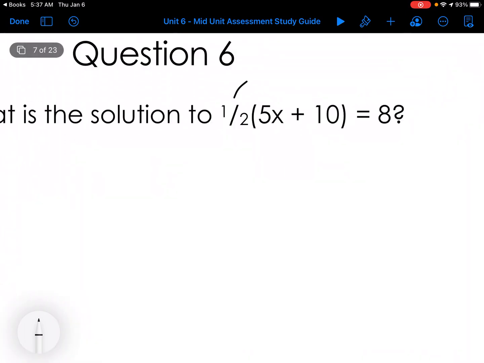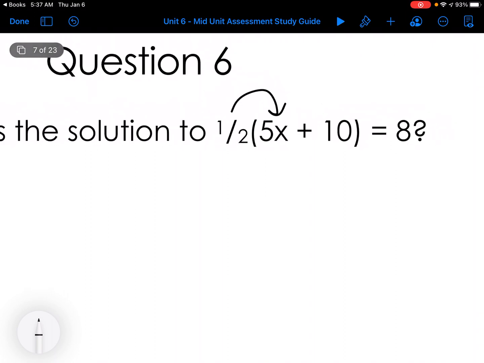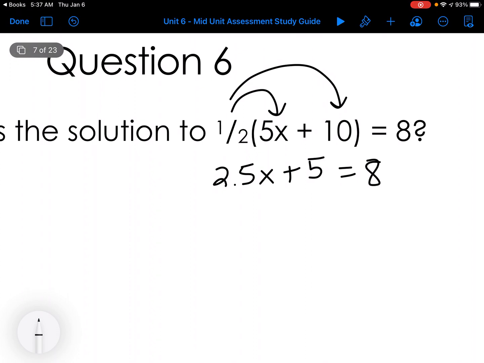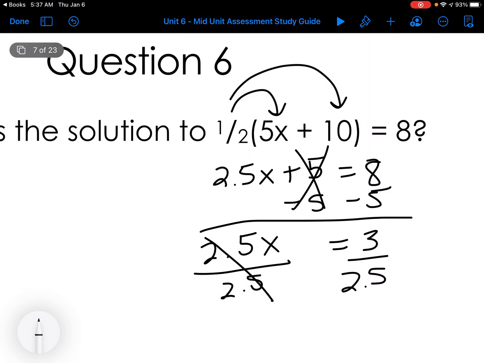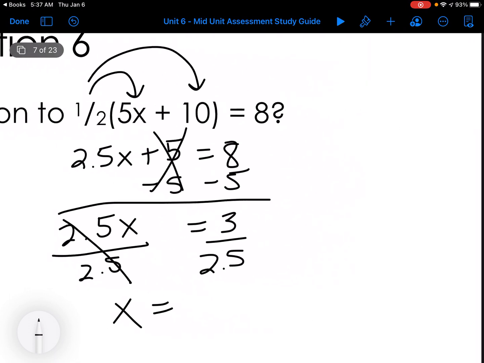So they want me to solve this equation. So half of 5 is 2.5. Half of 10 is 5. So I'm going to subtract 5 on each side. I'm going to divide by 2.5. So x equals